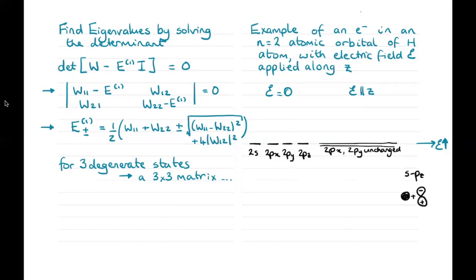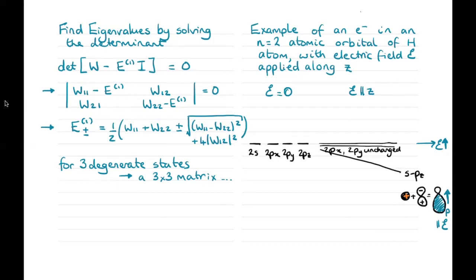If we assume that our s orbital has positive phase, then its shape as a dipole has a lot of electron density at the bottom and only a little electron density at the top. So it has a dipole which is parallel to the electric field direction. And so its energy is lowered as the electric field is applied,